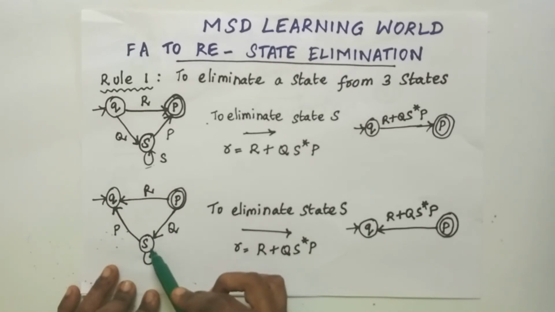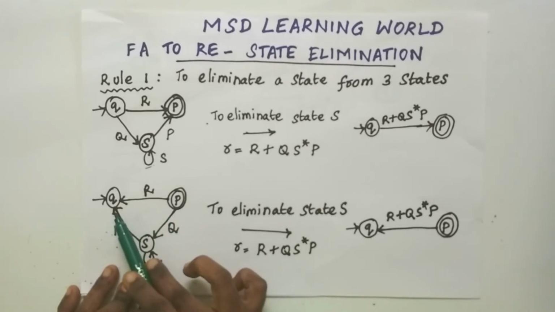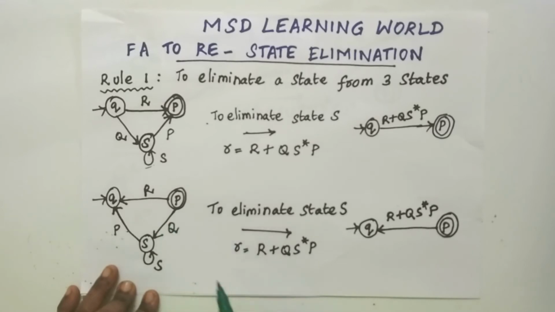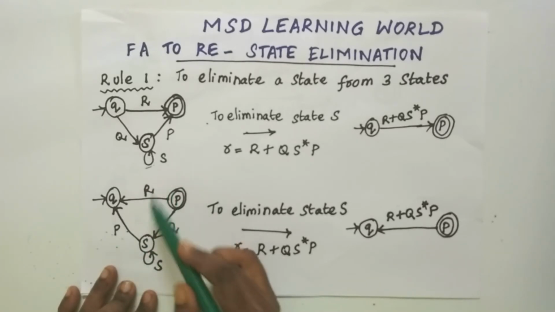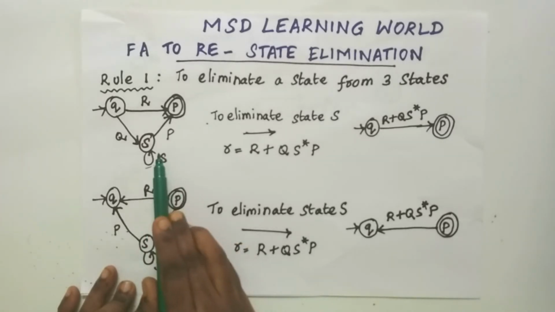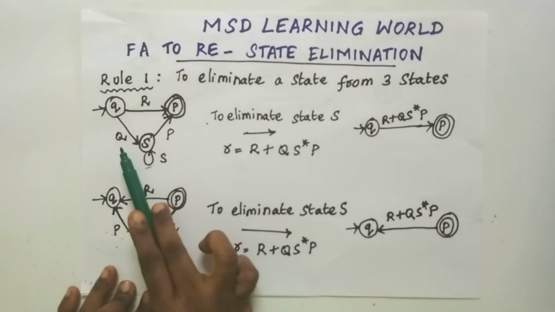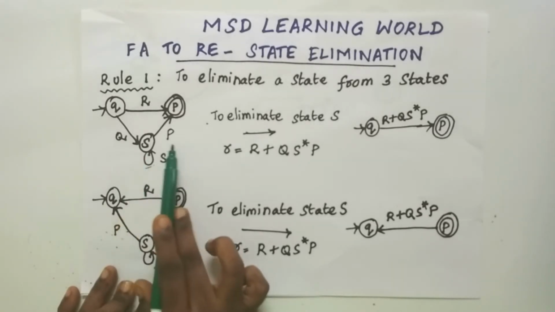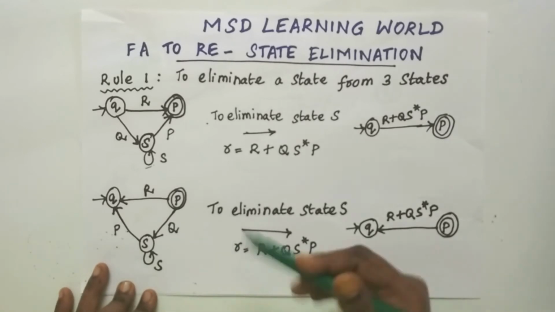So to eliminate the state S, and for writing the regular expression from the state P to Q, where Q is initial and P is final, the regular expression R will be R plus Q S star P. Here the one difference that you can see in this rule number 1 for both the paths is, this is for the path from Q to P and this is for the path from P to Q. The regular expression here, the input Q and P alone just interchanges the place. This you must be very clear when you are doing the problems.